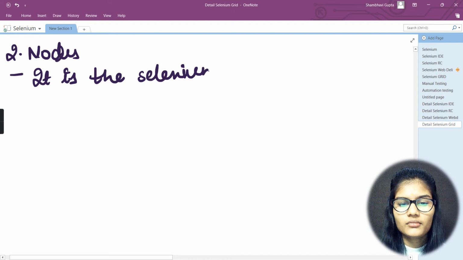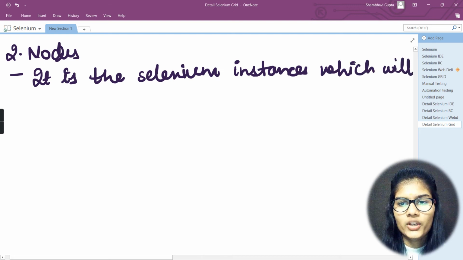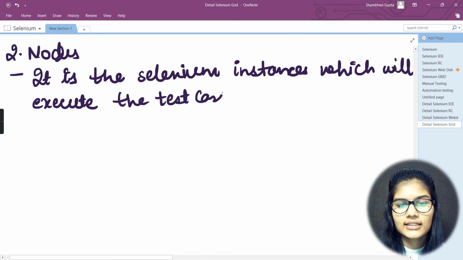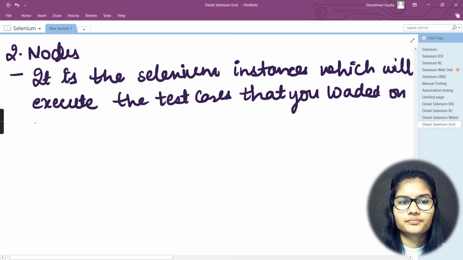It is the Selenium instances which will execute the test cases that you loaded on the hub.